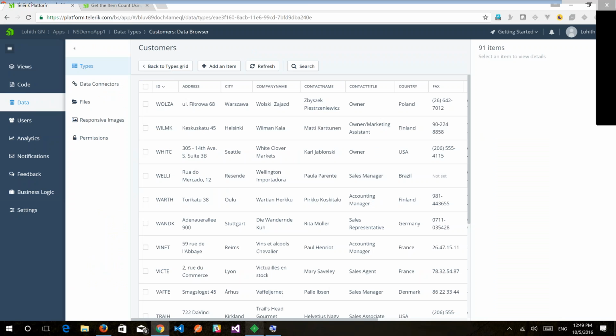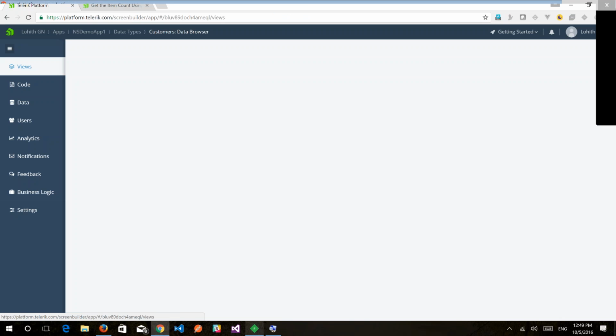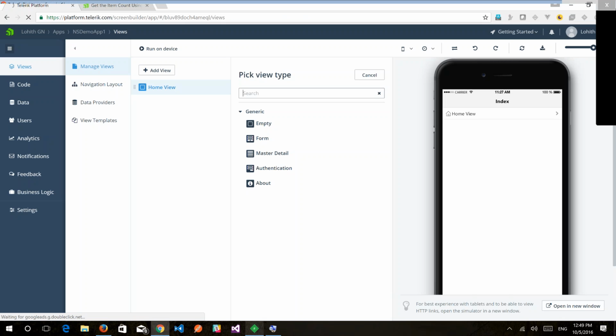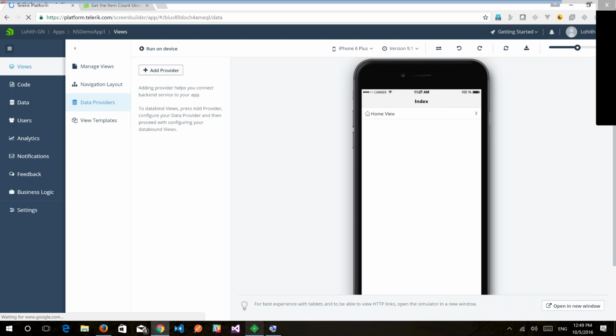Now that we have created two tables, let's go back to the screen builder. That's the first service that we saw, views. Now I'm going to create two screens here. One screen to show that you can read from the person table, another screen to show that you can read from the customers table. Okay, so I first have to add a data provider, and the data provider